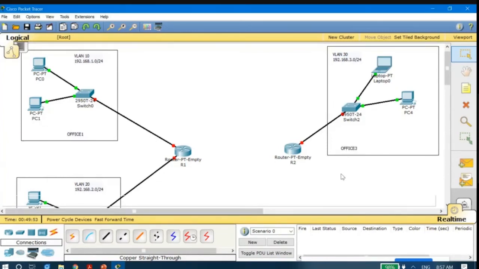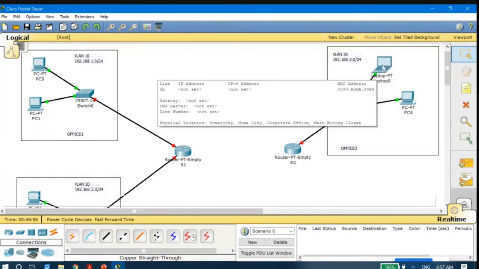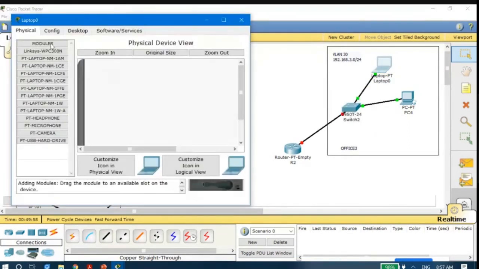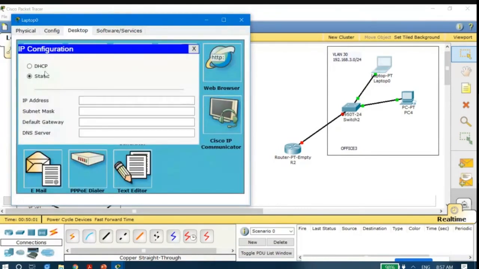Done. So now let us configure the laptops and the PCs. I will click on each laptop, then go to desktop, then to the IP address, and assign the IP address. As you could see, the IP addresses here are in the range 192.168.3.0. So the address will be 3.2 onwards, because 3.1 will be the gateway address. Subnet mask will be default and the gateway address will be 192.168.3.1.